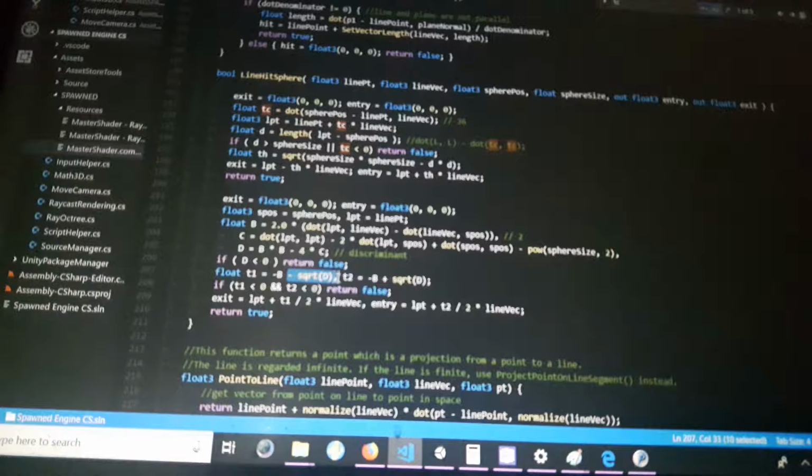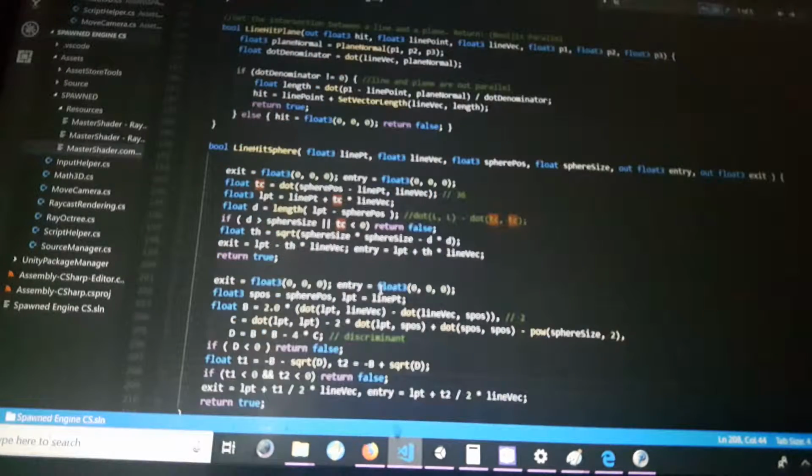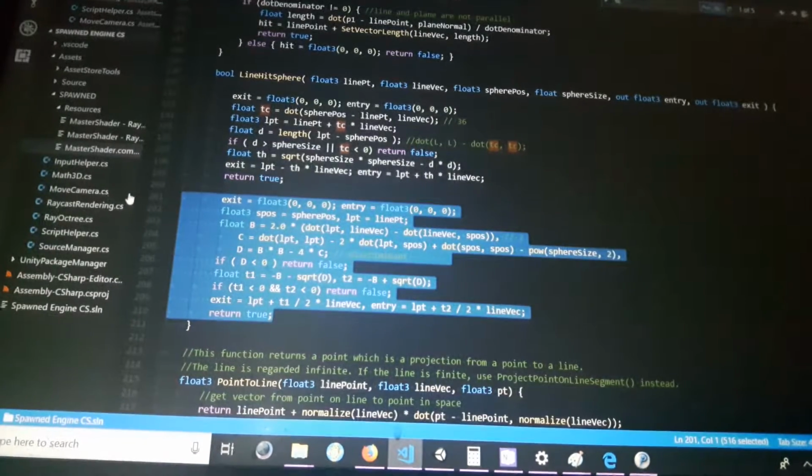You know, you have this minus thing plus the same thing but a plus, like a mirror thing. Anyway, so